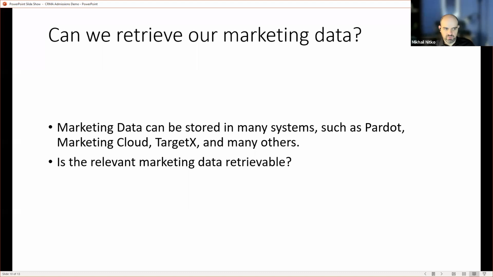So for example, if you try to retrieve it from Marketing Cloud, you'll realize that the data architecture of Marketing Cloud is tough to discover, and it'll only give you the interactions between you and your prospects for the past 3 months in a query. So you will have to find a way to retrieve historical marketing data, combine it with current marketing data, then attach it to your predictive model. So it's a multi-step process.